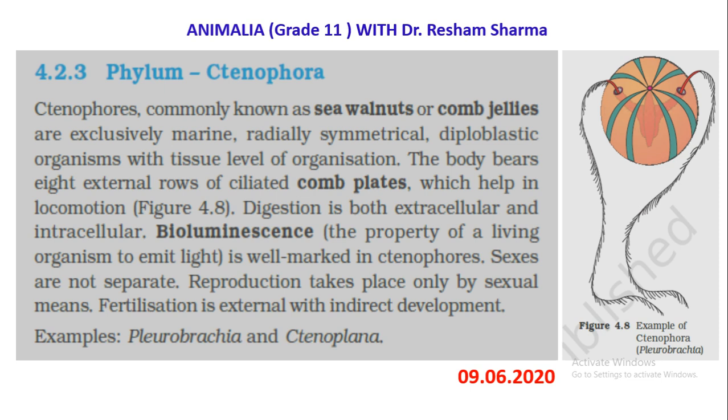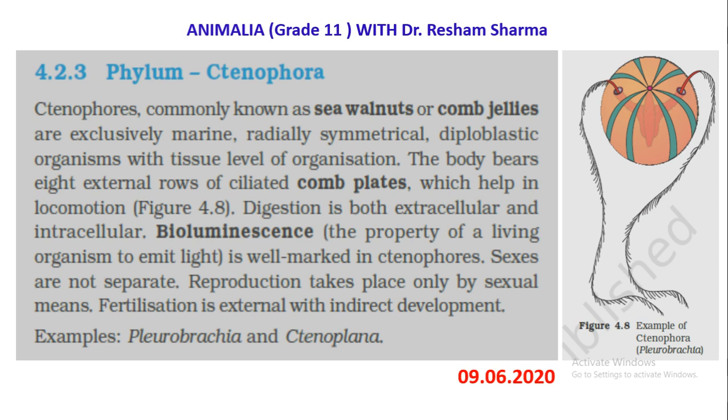They also have the radially symmetrical body design, which means that their body can be divided into two symmetrical and equal halves from more than two planes. Diploblastic organisms. So, as the keyword indicates, diploblastic, that means there are two germinal layers, the ectoderm and the endoderm. In between, you have a jelly-like matrix called the mesoglea. This is the germinal origin of this group of organisms, and they are not having the cellular level of organization. In fact, the specialized cells aggregate and form special groups or the tissues. So, they show the tissue level of organization.